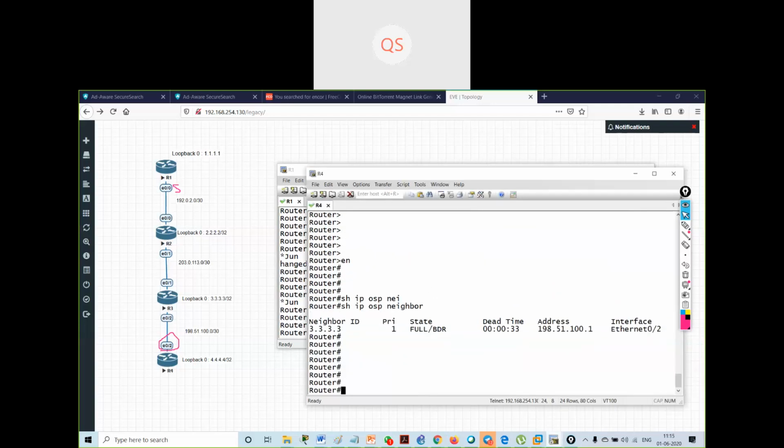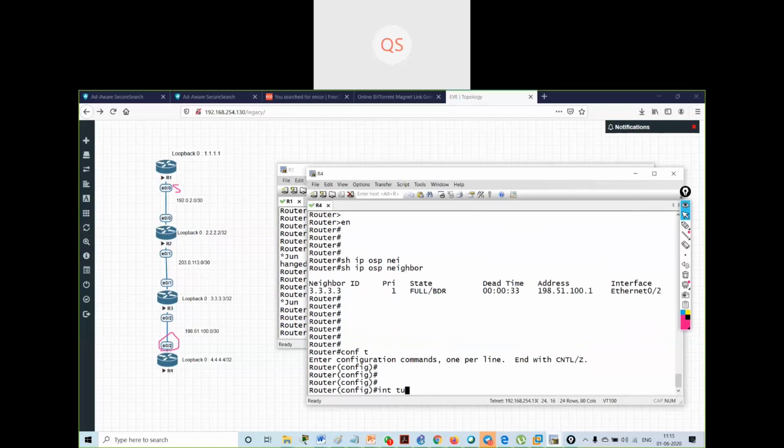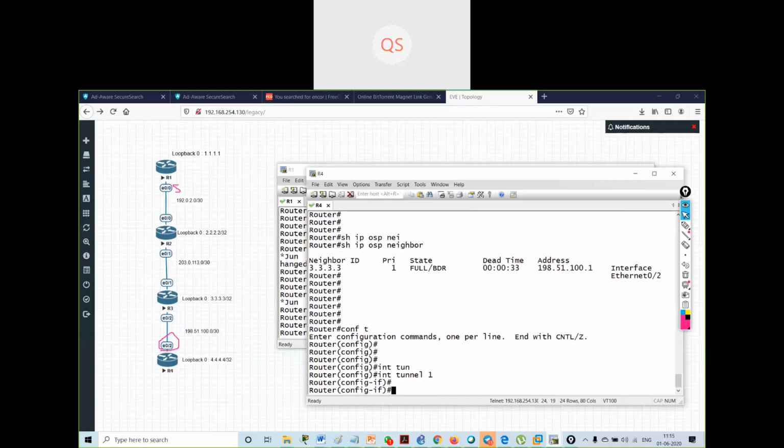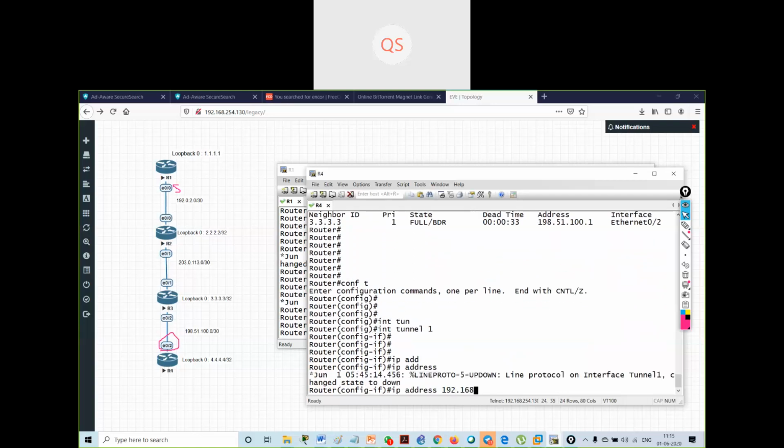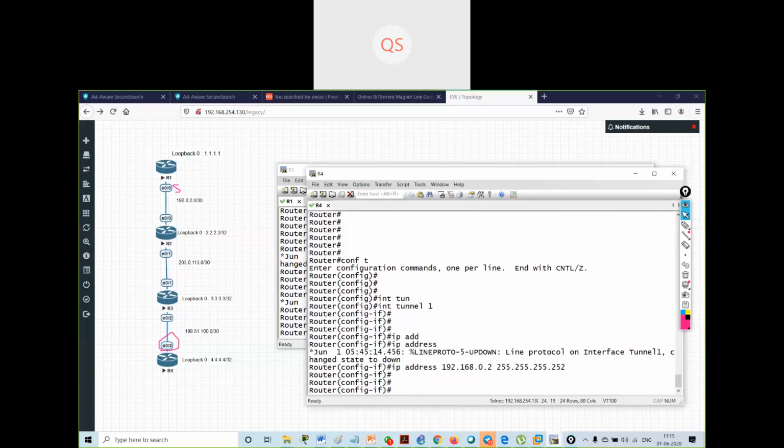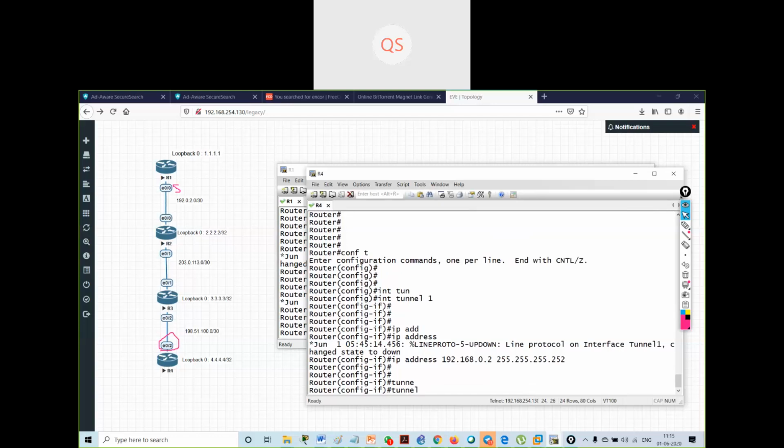I will say interface tunnel 1, IP address 192.168.0.2, mask 255.255.255.252, slash 30. There is no need to give no shut because it is a logical interface.